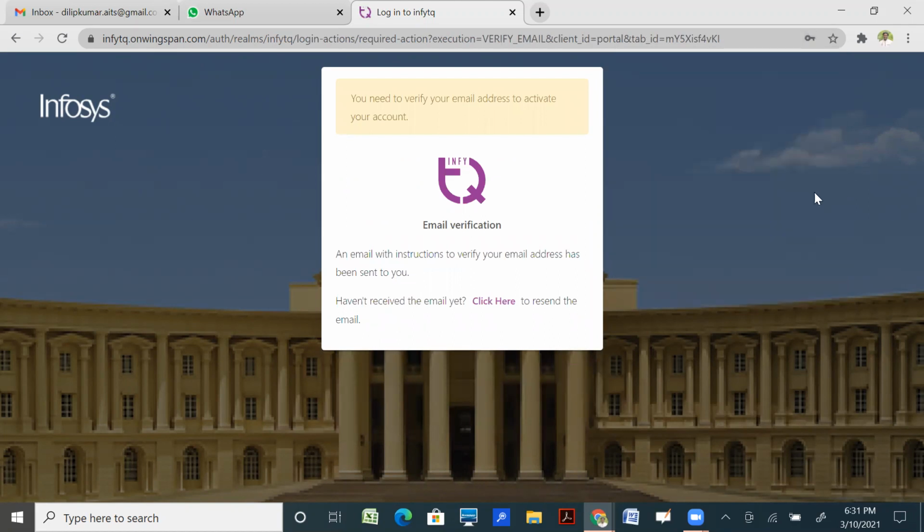Now it shows an option that an email with instructions to verify your email has been sent to you. So check your email and you need to verify your account through the verification link that is received at your email address.